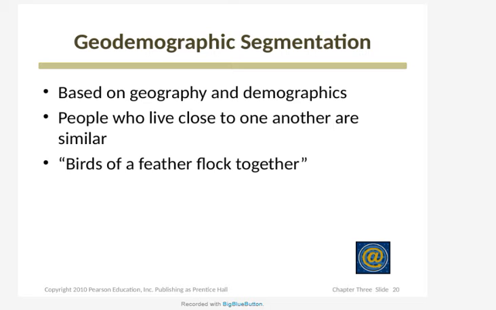فدايما احنا بنقول في الجيو ديموغرافيك ان ال people who live close to one another are likely to be similar. صح؟ الناس اللي بتعيش مع بعض they are likely to be similar. They have similar tastes, similar income, similar lifestyle, similar consumption habits. They eat similar foods. They see the same movies and they take the same types of vacations. So this is the geodemographic segmentation. مكانهم بالقرب من بعضهم بيخلي خصائصهم إلى حد كبير واحدة، والتيست بتاعهم واحدة.